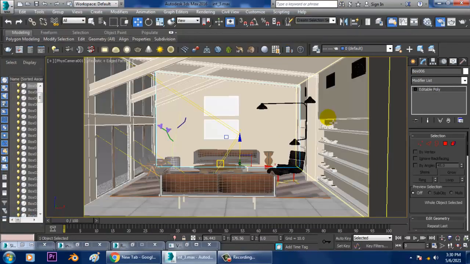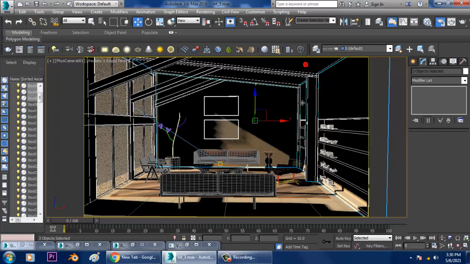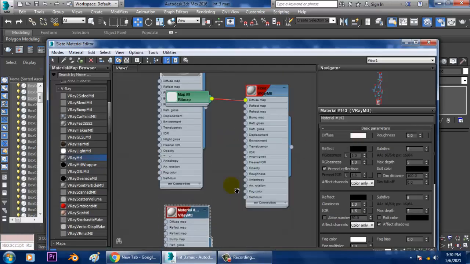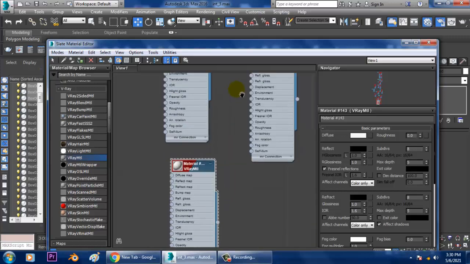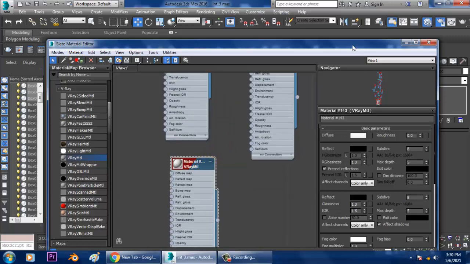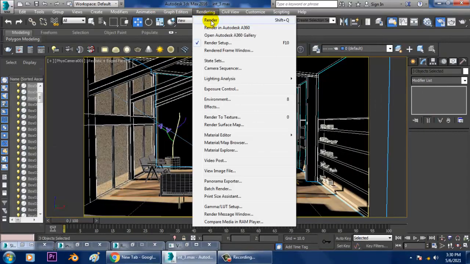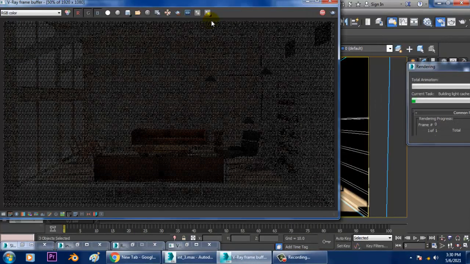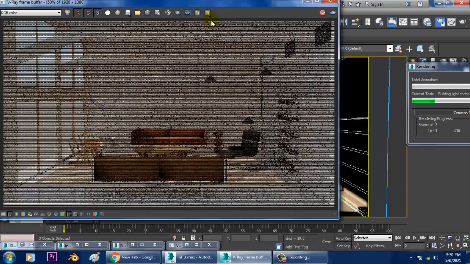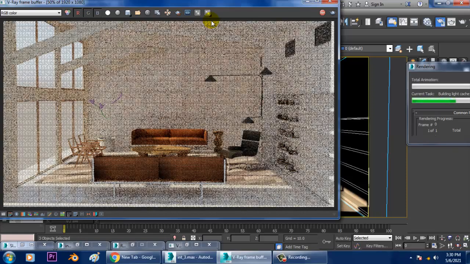If you look at it closely, I can select the walls over here, and what can be done over here is, let's go into the material, let's add a white color to it, and let's see how it looks like. So looks much better.